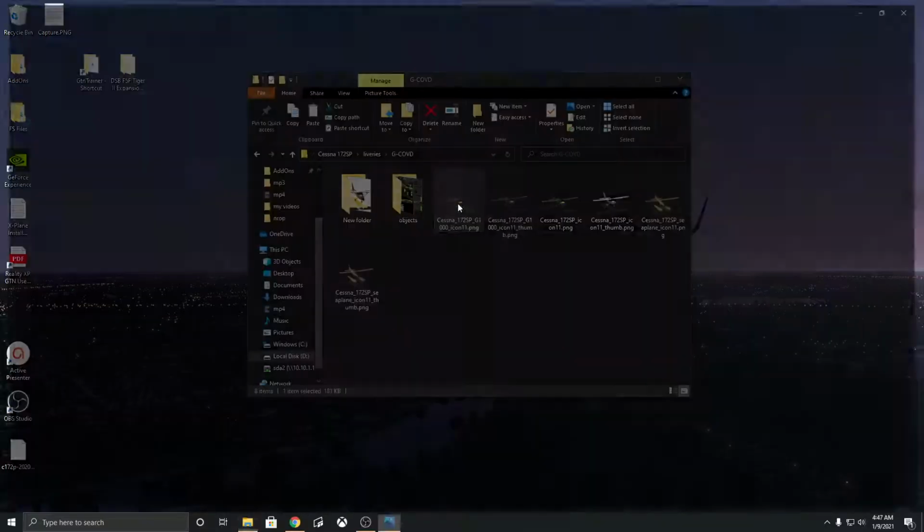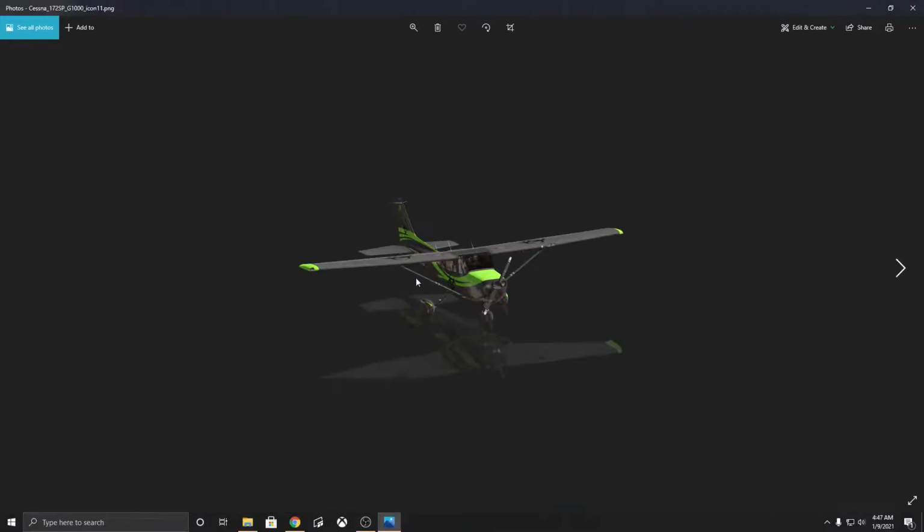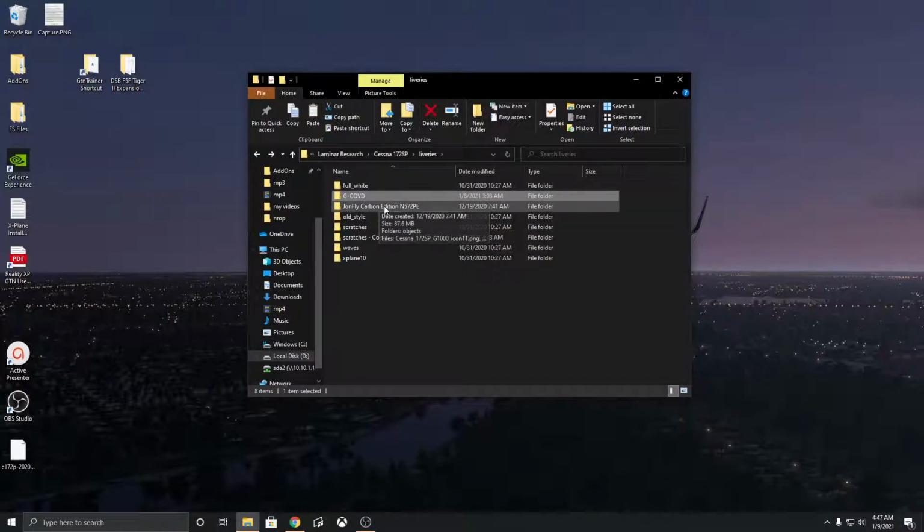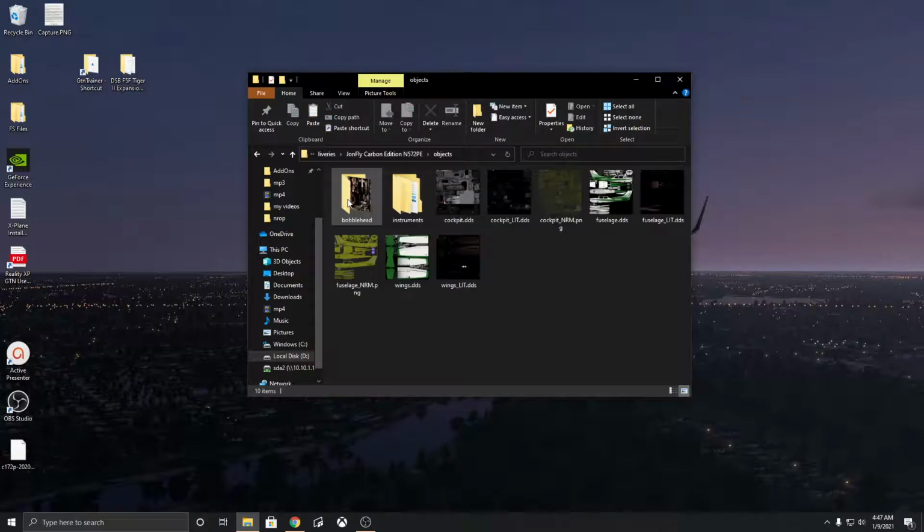And let me see how big these images are. So this is what we were flying with yesterday, and it just has, I think, the default cockpit. If not, it might have slight color variation. I don't necessarily have total recall, so I don't know for certain what the cockpit was like. But I remember thinking it would be kind of cool to have the green trim on the seats like the Snack Air library has. So what I did was I went into the Jon Fly Carbon folder, the objects directory,